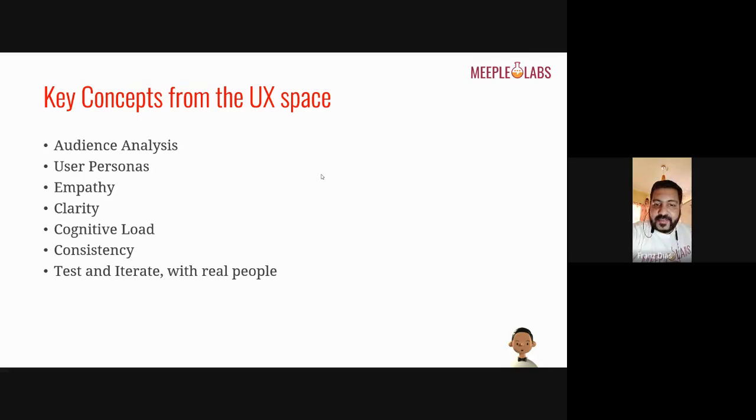And finally, the most important key point, and this is what many of us as user experience designers, or even as game designers and rulebook writers, fail to do, and this includes myself. Testing and iterating with real people is absolutely necessary. You need to do this even with a rough structure of your rule book. That's fine. Test it, take it to a real person, put it on a WhatsApp group,